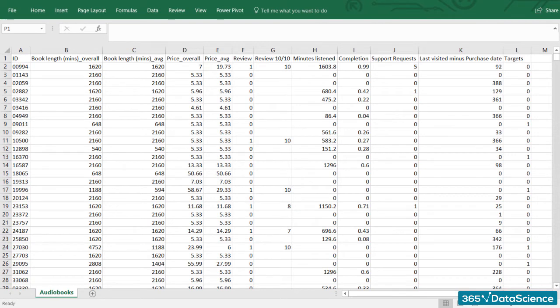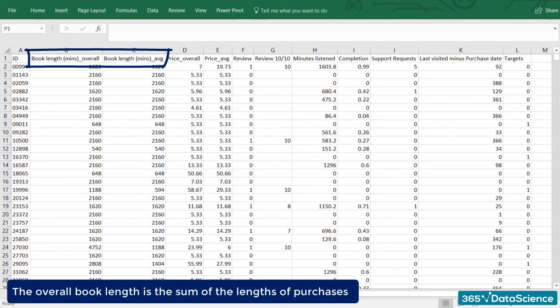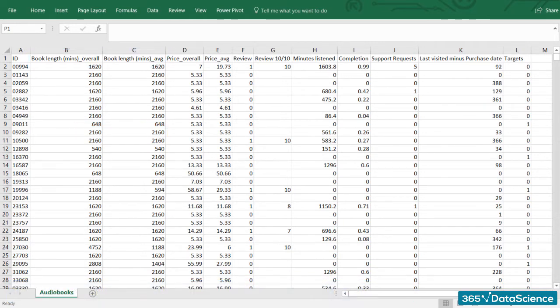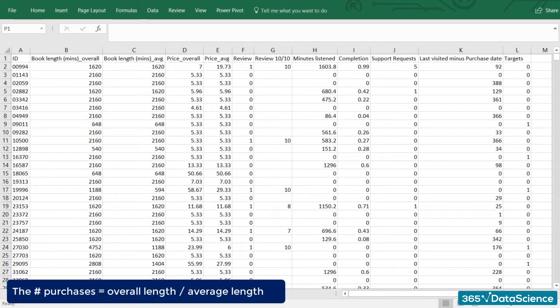Okay, next we have book length. The overall book length is the sum of the lengths of all purchases. We also have the average book length. The average book length is basically the sum divided by the number of purchases. So, if somebody has bought a single audiobook, the average length and the overall length for this person will be equal. All right, there is no need to include the number of purchases, as it is contained in the two